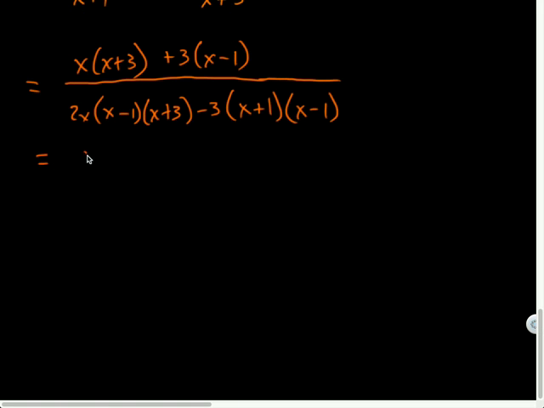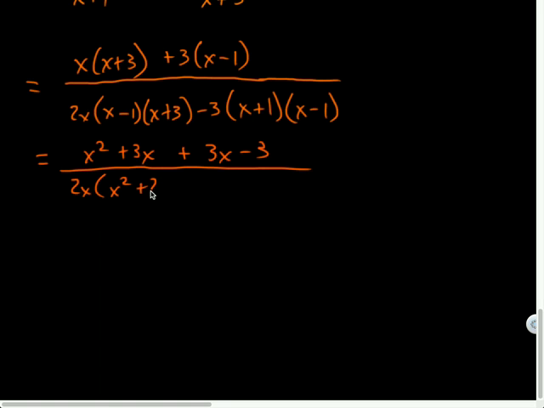So x times x plus 3 is x squared plus 3x. 3 times x minus 1 would be plus 3x minus 3. All over 2x times, I'm going to distribute these two guys first. That'd be x squared plus 2x minus 3 when I combine some like terms. And then I'll distribute these two. That's x squared minus 1. Let's see. So in my numerator, I can now start combining like terms. So that will be x squared plus 6x minus 3